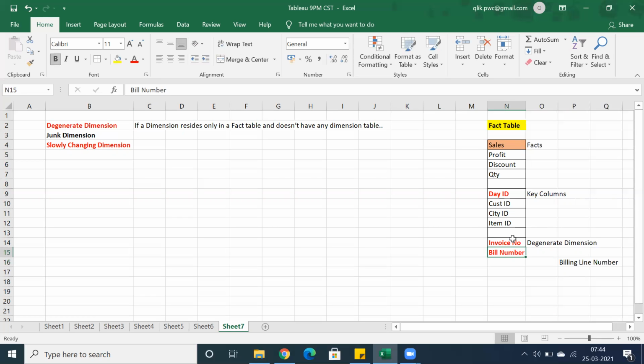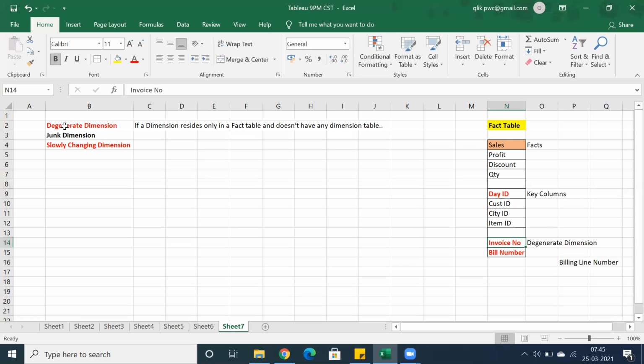But the best example I can tell you, using the naming convention, is bill numbers or invoice numbers. We don't have a separate table for invoice number, which acts as a primary key, with a foreign key here. Straight away, we have billing line numbers, bill numbers or invoice numbers present only in the fact table, and we don't have this column in any other dimension table.